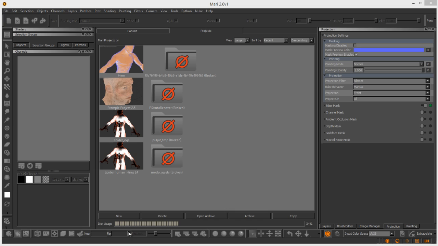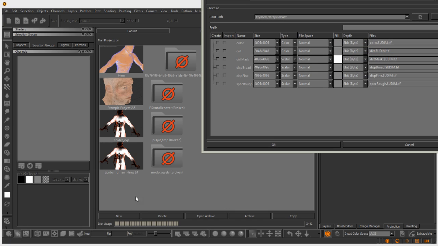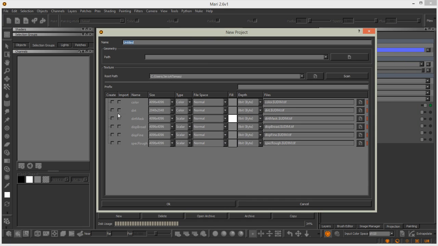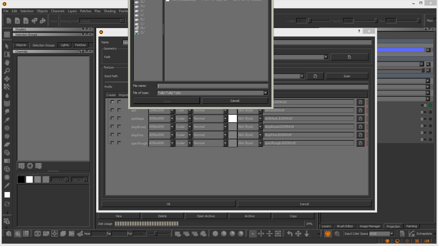Open up Mari and choose New Project and create one map, no matter how it is called. Give the project a name. Let's call it Hearn 1. Okay, and now we need to load geometry, so press load. Find your geometry on the disk and choose open. Find Hearn freeze obj,